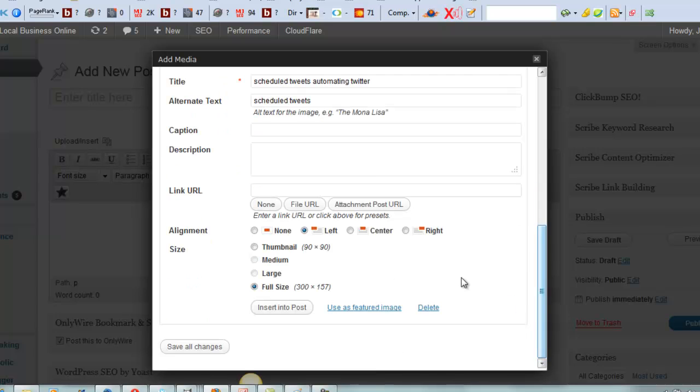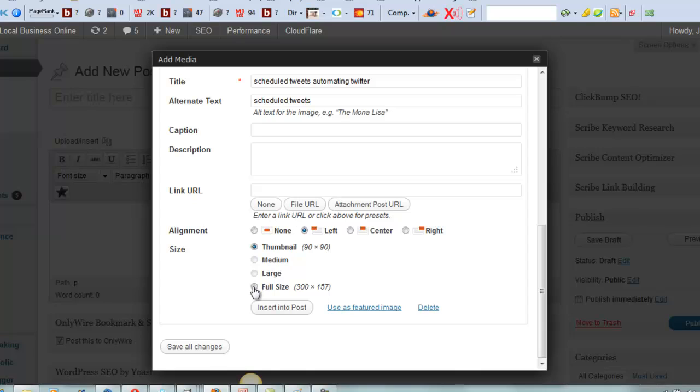The alignment, self-explanatory. Where on the page do you want to align it with the text? You can have none, left, centre and right. And this is where you can choose your sizes. Now, because this is not quite a small picture, I can choose a thumbnail or full size only. So obviously if I choose thumbnail and then put the URL up there, then when you click the thumbnail, it'll open the picture again.